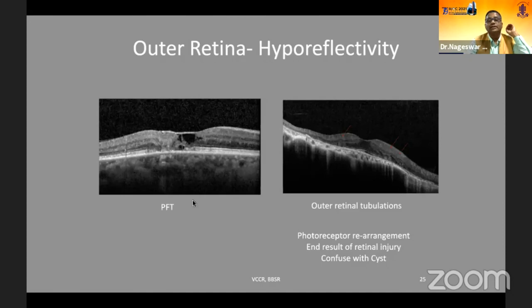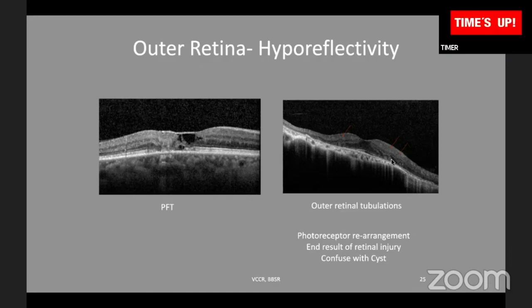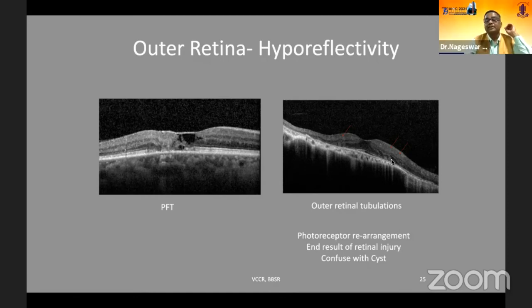And here, outer retinal changes, for example tubulations, will come: outer retinal tubulations. Sometimes they mimic cystic spaces, but actually these are outer retinal tubulations. They are important biomarkers which come into play. They are called DROL, disorganized outer retinal layers. These tubulations are centrally hyporeflective and surrounded by a circular hyperreflective zone. So these are different from cystic spaces, which are uniformly hyporeflective. Importantly, one has to differentiate, otherwise you may be treating the patients with so many injections, and they may not be responding.